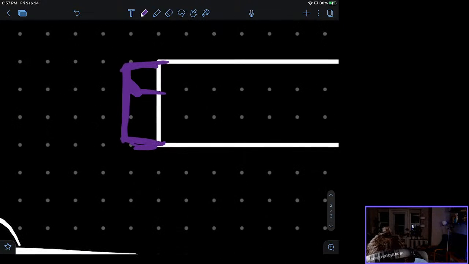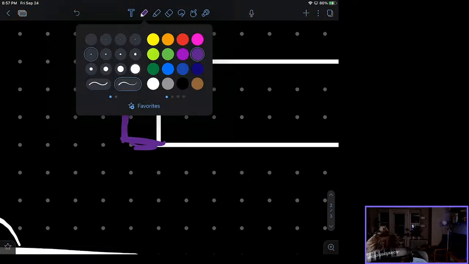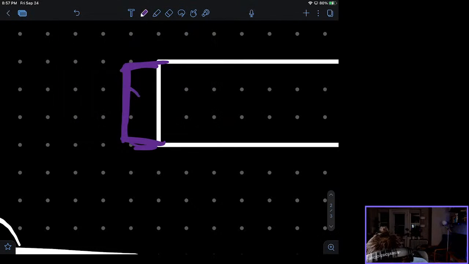Now here I'm going to have something that's on the side like this, and I'm going to have to make sure that I have, oops, let's do something thinner. I'm going to have this as a hole in it so that I can screw it in to the wood. Okay.